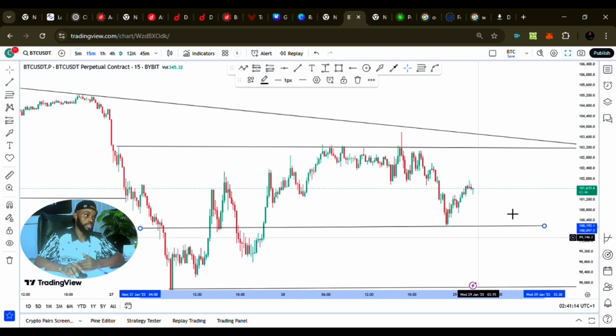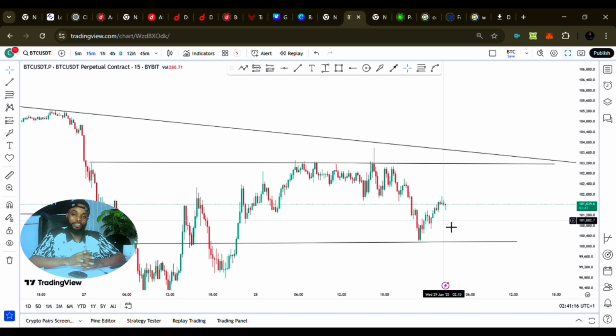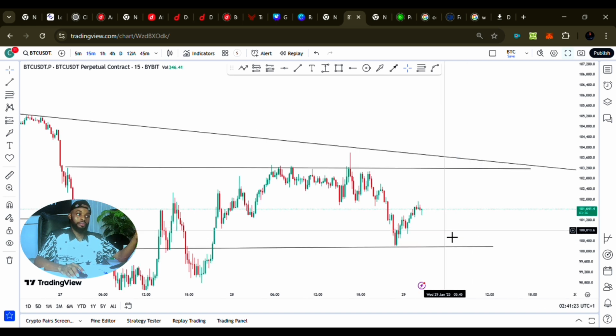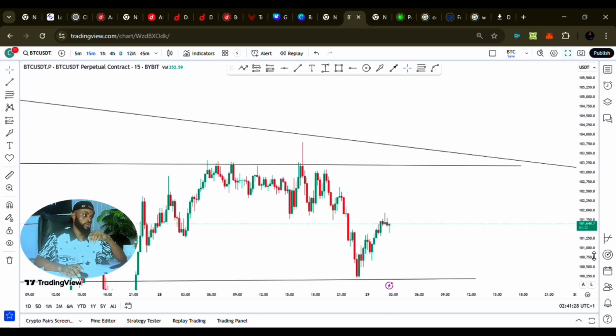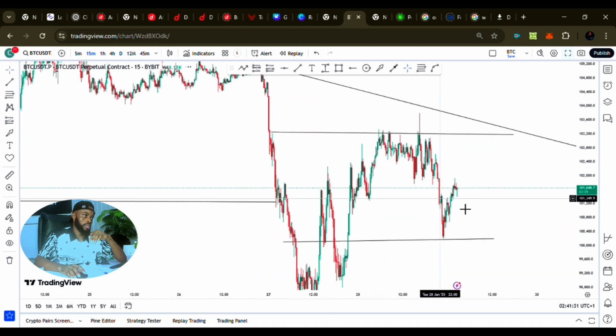As you can see, the market on the 15 minutes time frame is kind of retesting to the upside, pulling back to the up, right? So we want to look for our sell opportunity right here. So what we want to do now is